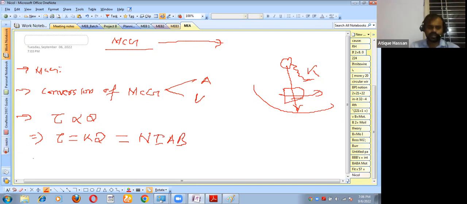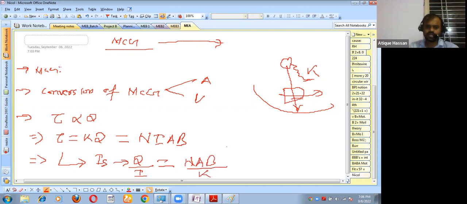From here you can calculate different things, k theta, where k is a constant, basically a spring constant, that will be given. From here we will define two terms. One will be current sensitivity, IS, which is basically deflection per unit current. How much is the deflection per unit current? So from here you will get the formula for current sensitivity, which will be equal to NAB